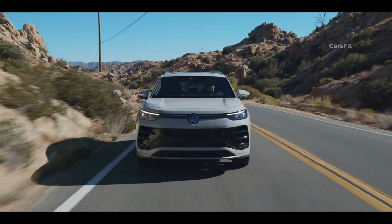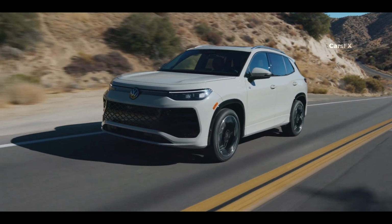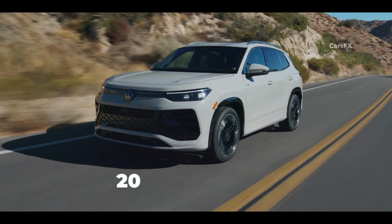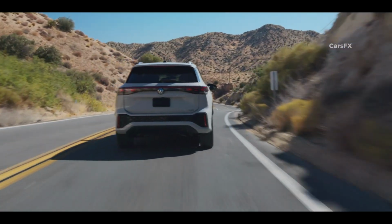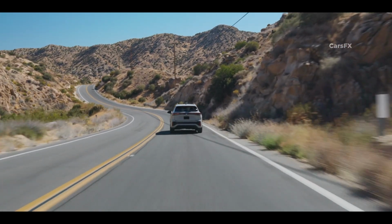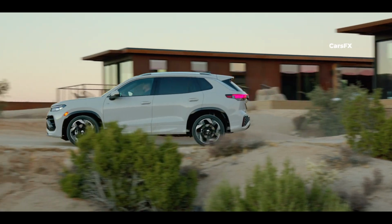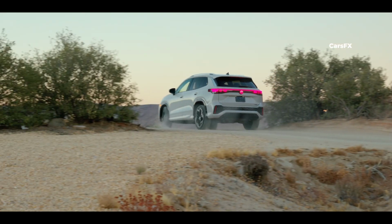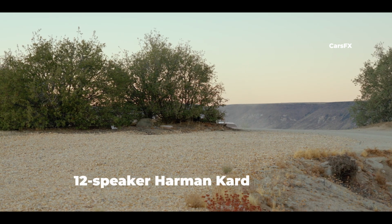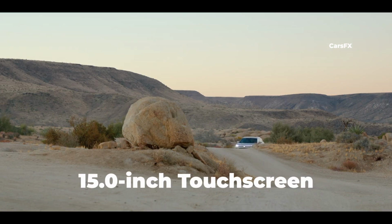Moving further up the line, the 2025 Tiguan SE R-Line Black starts at $36,900, $815 more than last year. It wears all the Sport R-Line exterior bits, rides on 20-inch alloy wheels, and has a plethora of standard gear, including VW's panoramic sunroof. Slotted between the S and SE R-Line is the Tiguan SE, starting at $34,400. It essentially replaces the Wolfsburg edition, while at the top of the spectrum is the Tiguan SEL R-Line. For $41,200, you get a 12-speaker Harman Kardon stereo, upgraded Verena leather-covered seats, the upgraded 15-inch center display, and a